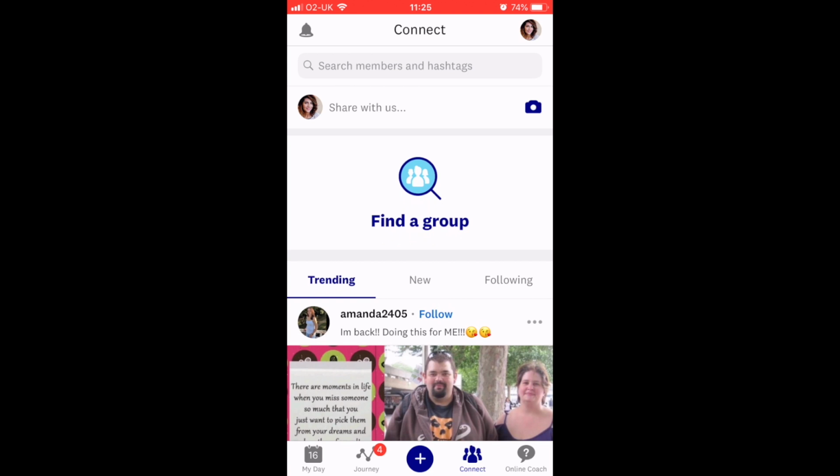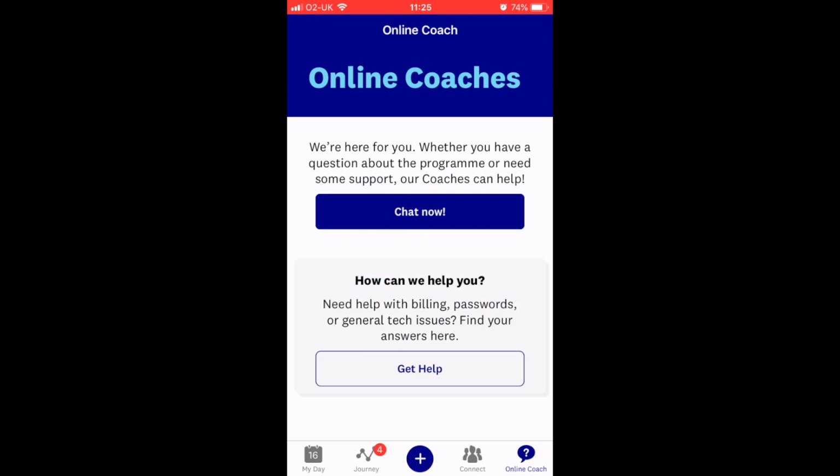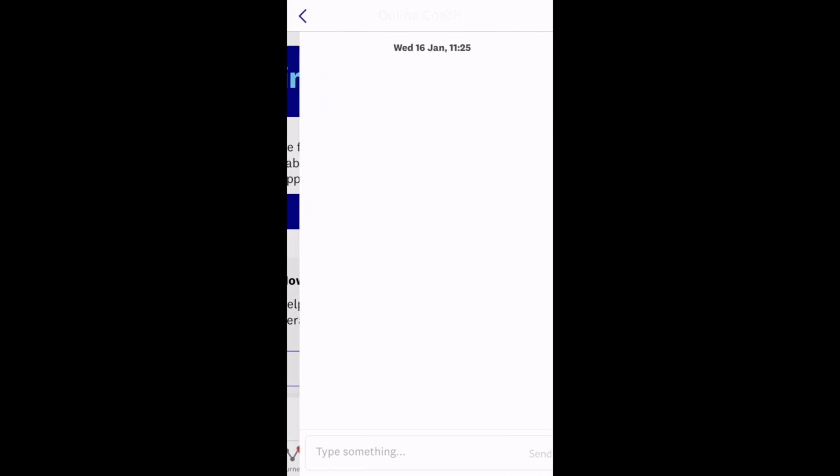And you can add a little status at the top. You can see a share with us where you can add photographs. There's also online coaches. Now, this is a fantastic benefit to the app. You can go to a chat and you can chat now like you can with most things these days, and you can basically speak one-on-one to an online coach and ask any burning questions that you may have. For example,